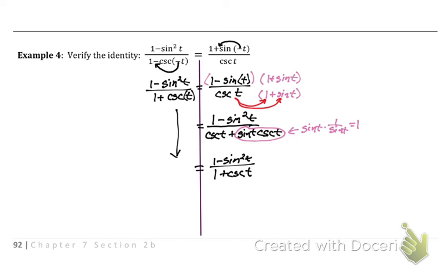Here's a couple things I want to talk about for working on these. I don't give you a lot of space to verify them. It's kind of a small space because I don't want to print out 50 pages for each of these. Either write small or write on a different sheet of paper. All right, if you can't fit everything in there, write on a separate sheet of paper. But just assume that you're going to have enough steps to fill it up, so write small. My second thing is,